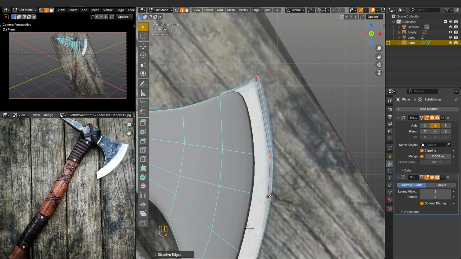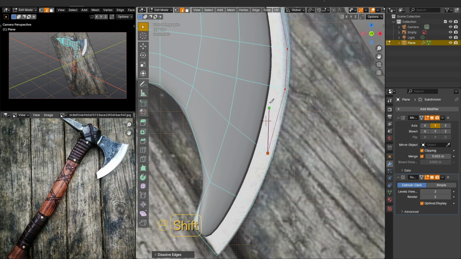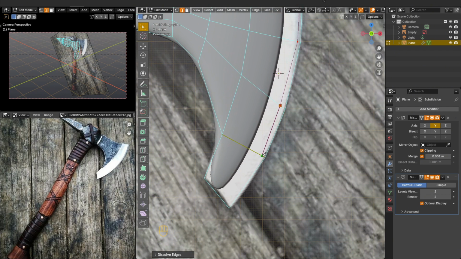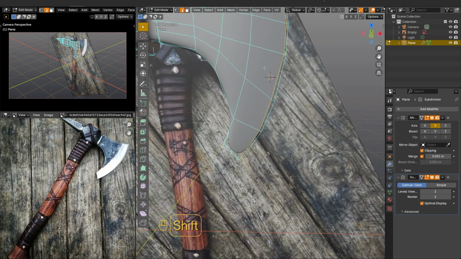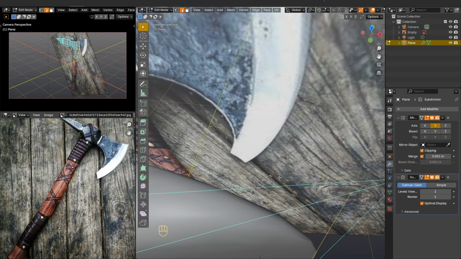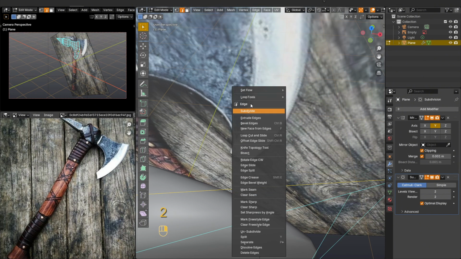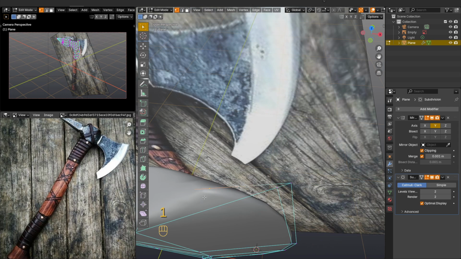So we press 1 on the numpad and press the K key, which means quick access to the knife tool. And with its help we add vertices very close to the edge. When ready, press Enter. After that, we need to add a vertex with which we will close the circle. And so we select Edge, press the right mouse button and select Subdivide.